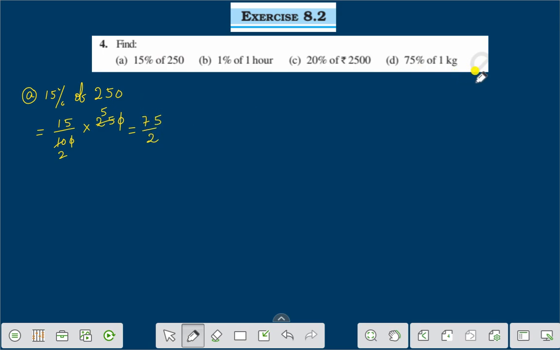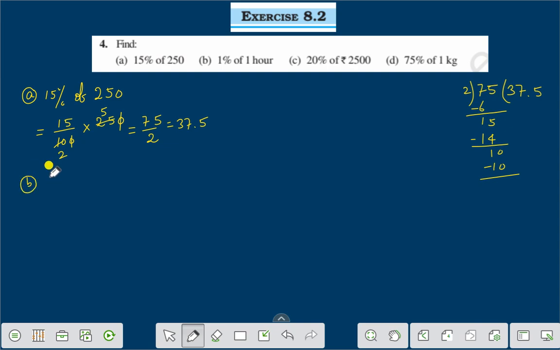If you divide 75 by 2, you are getting 2 3s are 6, 7 minus 6 is 1, 15, 2 7s are 14, 15 minus 14 is 1, then 10. That comes to 37.5. So the answer is 37.5. Right? Now number (b) is